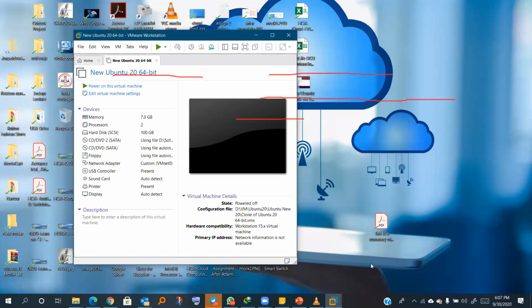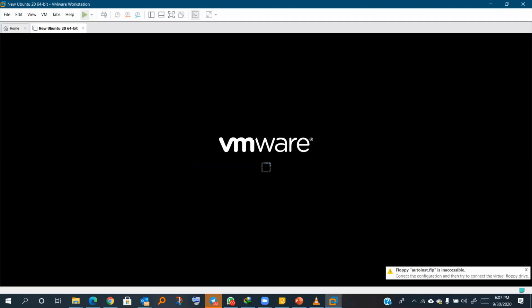Just a moment. Okay, so if I power it on and I want to switch the keyboard and my mouse, when I click inside, you see my mouse has disappeared, isn't it?